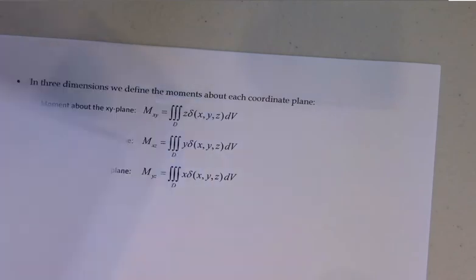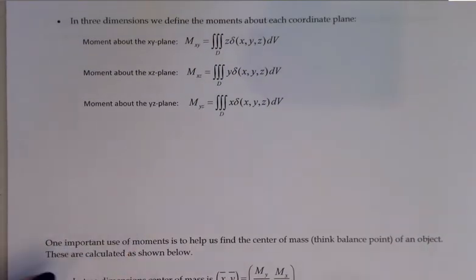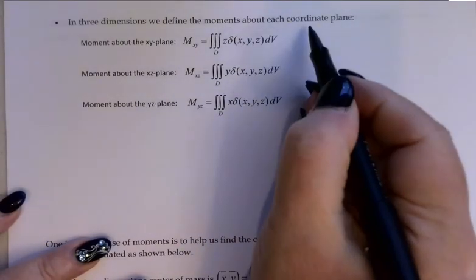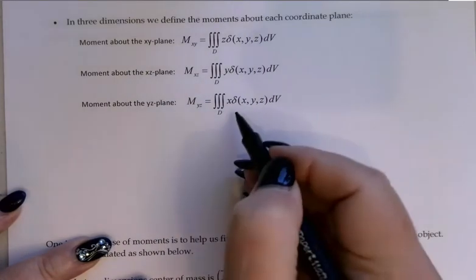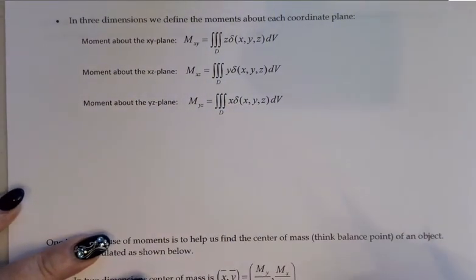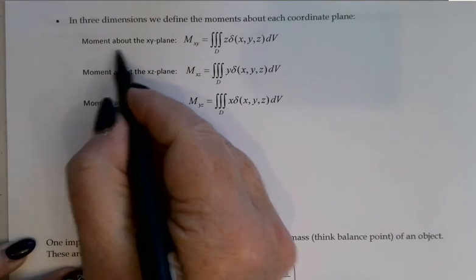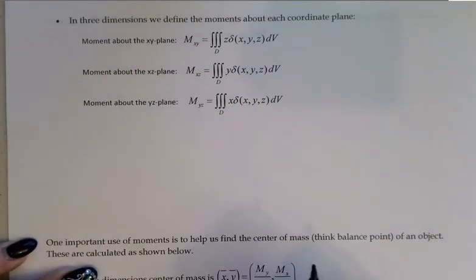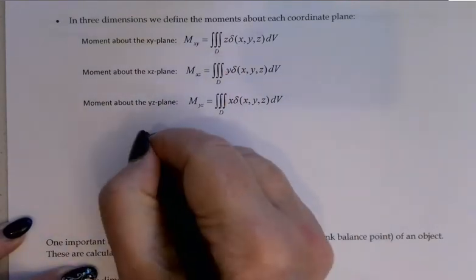We can also do mass and moment in 3 dimensions. In that case, the moments are the moments about each coordinate plane. And again, I won't try to derive all of these. I think if we do one of them, you'll be able to see where they come from. Let's think for a second about the moment about the xy plane. If I imagine that I've got some solid D,